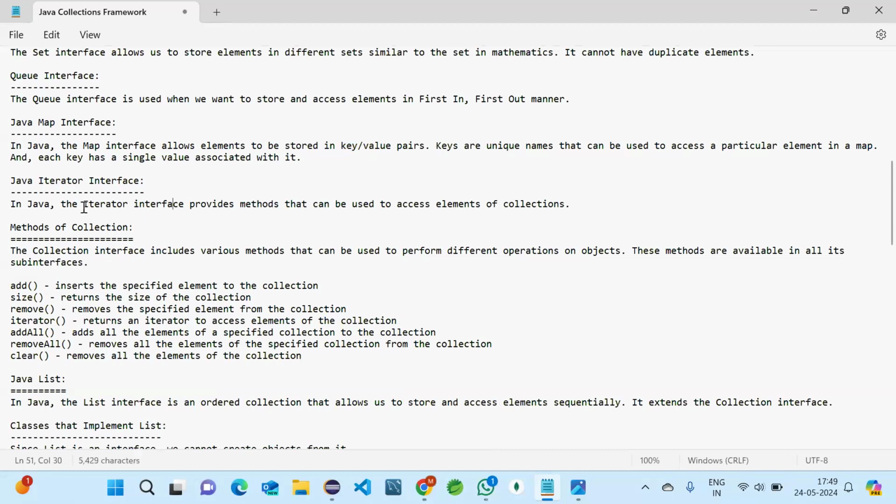And the Iterator interface provides methods that can be used to access elements of collections, like iteration through the collection of elements. When we are working with normal arrays, we used to use loops. Like that, here we can use an iterator. When we are working with loops, we have the last value, like the n value, so we can directly give it and use loops.